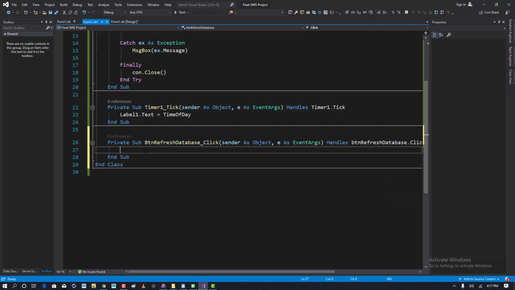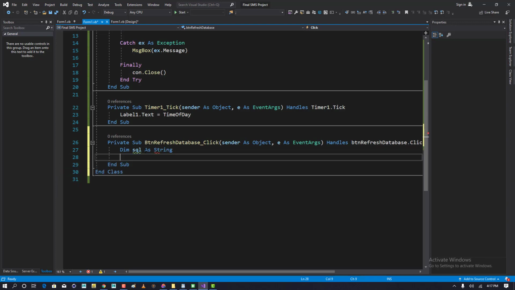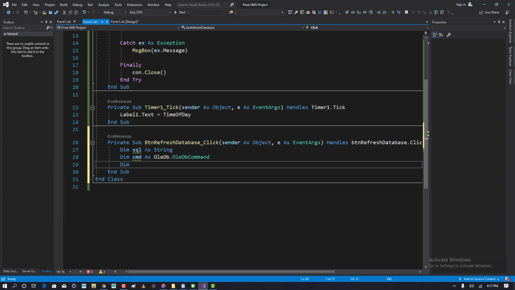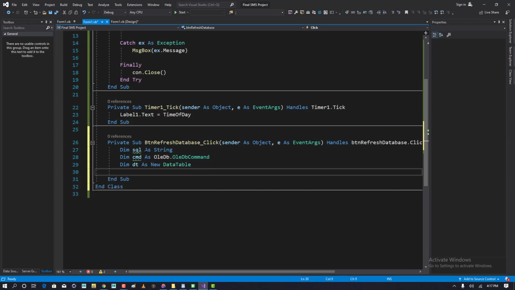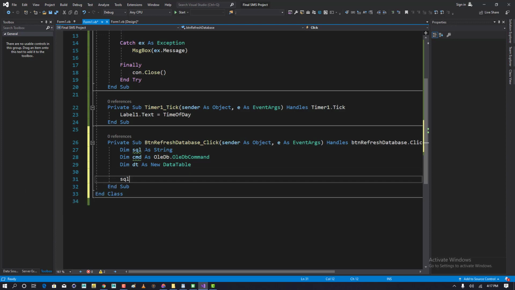So double click on the refresh button, and we're going to declare some statements. I told you this is an advanced tutorial, so we are declaring SQL as String, and then we are declaring something like cmd as OleDb.OleDbCommand, right? That is it. Then we're gonna declare dt as new DataTable. We're gonna declare dt as new DataTable,